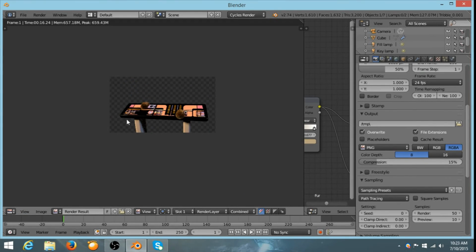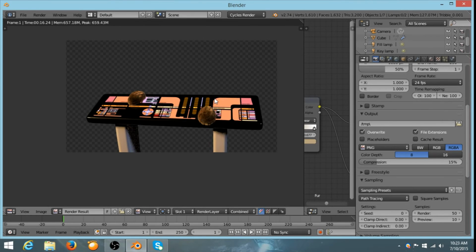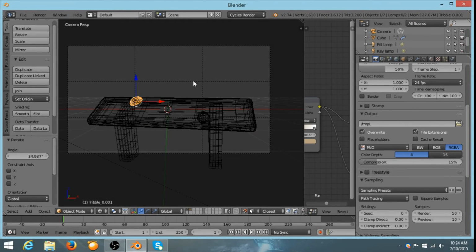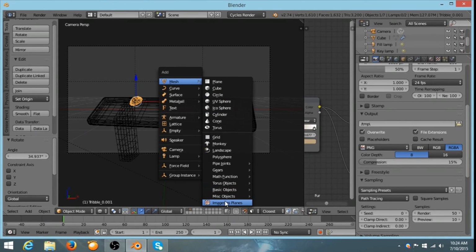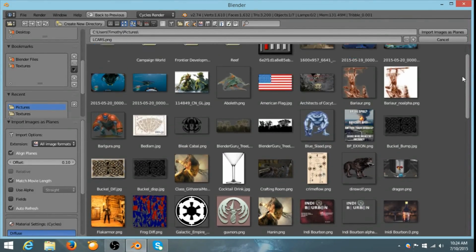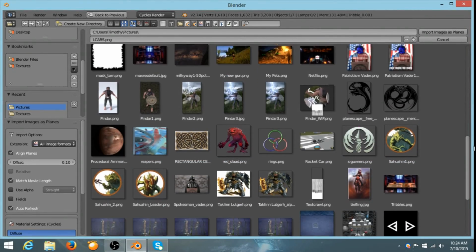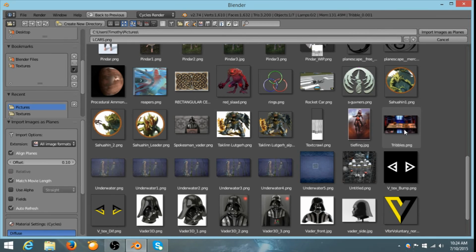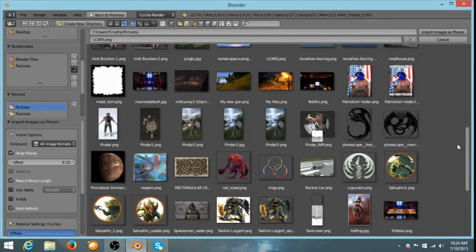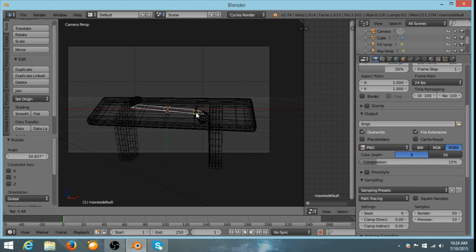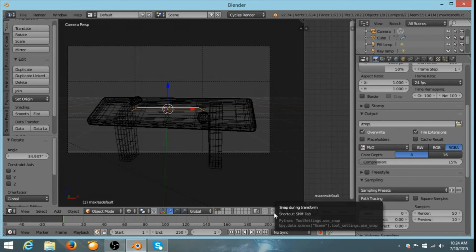Alright, but of course, this background is really boring. I mean, it's just alpha. You could put it over anything, I guess. But let's add something to the scene. So back in 3D, Shift A and do another mesh, images as planes, and let's see, I believe it was still in my images folder. There was an image of the, here we go. Nope, that's my final from the old tutorial practice run I did. Oh, here it is. Max res default. Alright, so this is just an image of an engine from Next Generation. Engine room. Oh, let's take it off snap. So put this little magnet